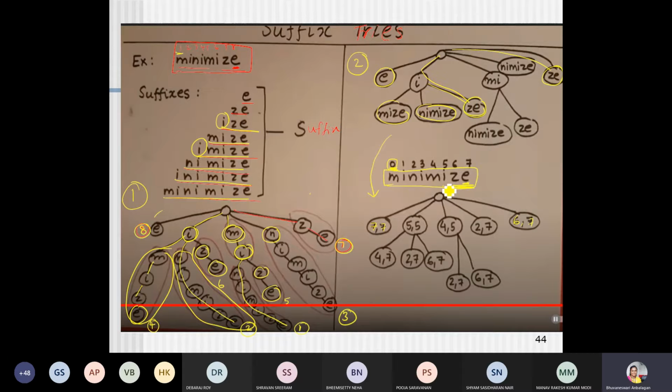So I starts from 5, it ends with 5. And then Z E starts from 6 comma 7. So from 5 I have to come to this node to identify the term I Z E. In this path I can find the word I Z E.